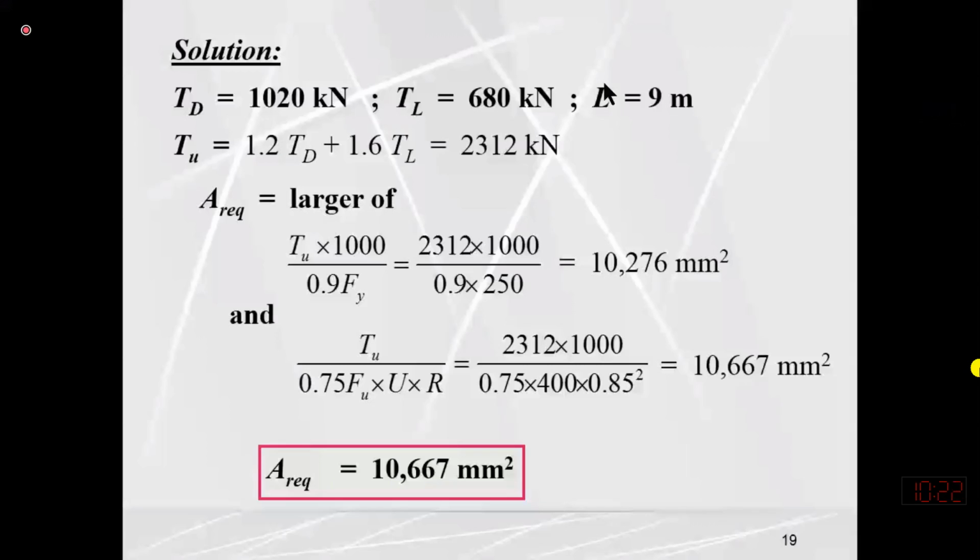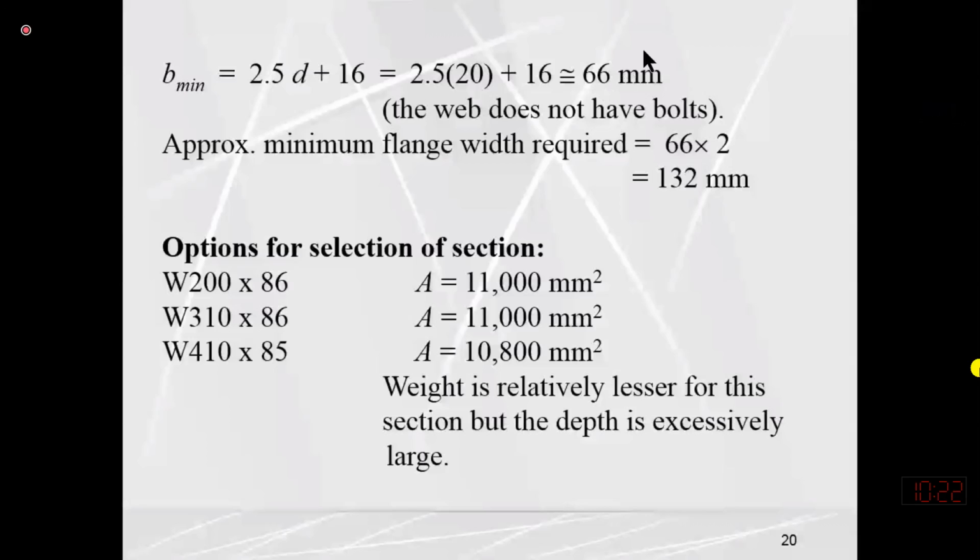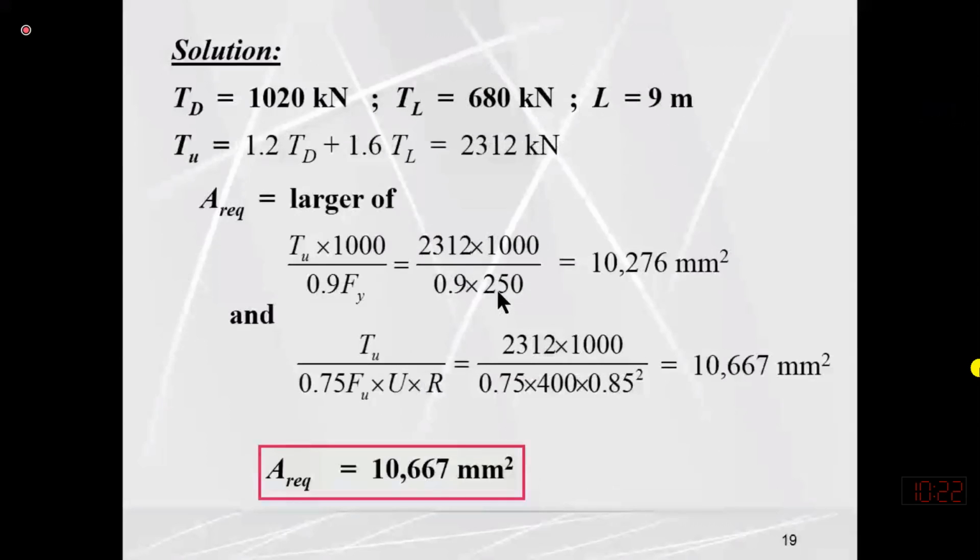I'm writing this section over here. This section is W286. In the previous edition this area was 11,000, but now it is written 11,010. Doesn't matter. I just need to write down all available options or trials, which are not final. Then I will move to page number 46. The section at the bottom has area 12,330. It is heavy, so I will not pick any section from page number 46.